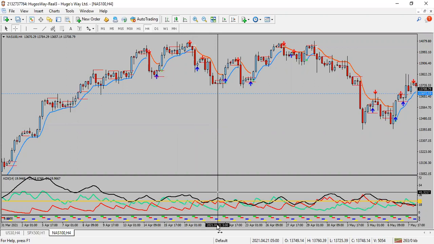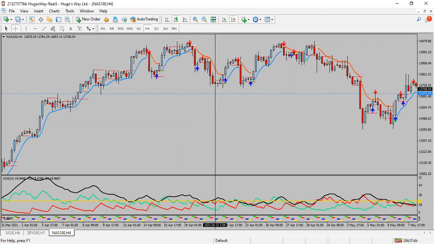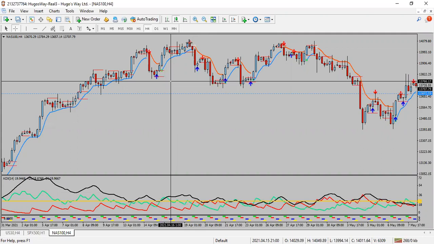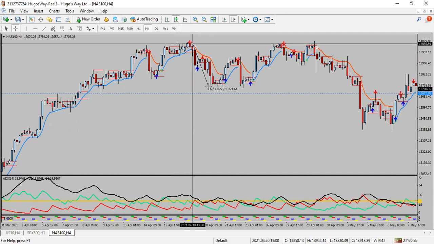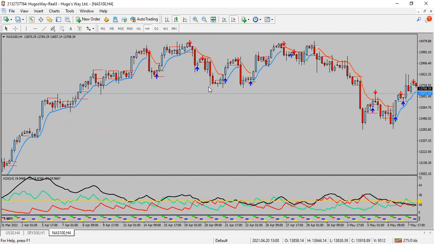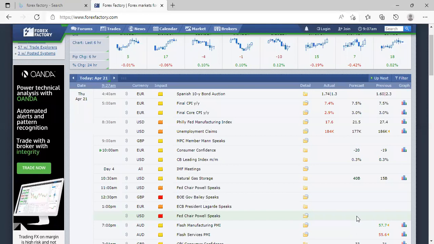When we looked on Forex Factory, if you look at how far this had dropped, it was like 332 pips that it had dropped. When we saw that there were going to be so many news folders yesterday, I'm like, okay. And the Fed, Powell, speaks. I already know.